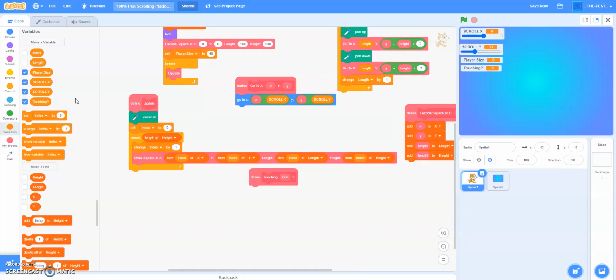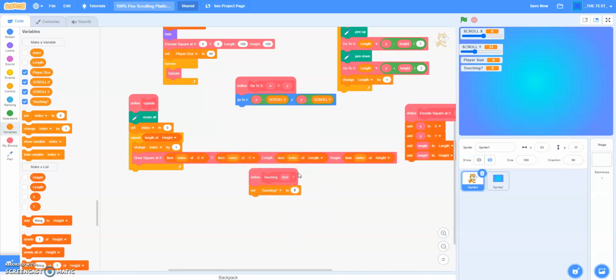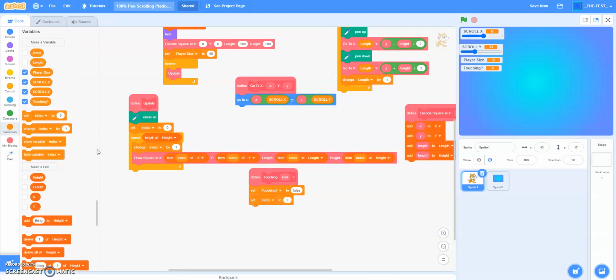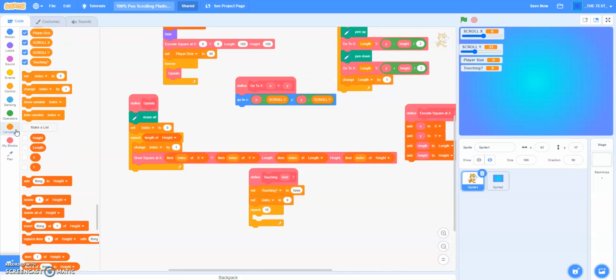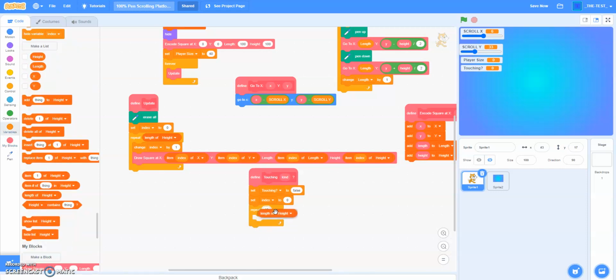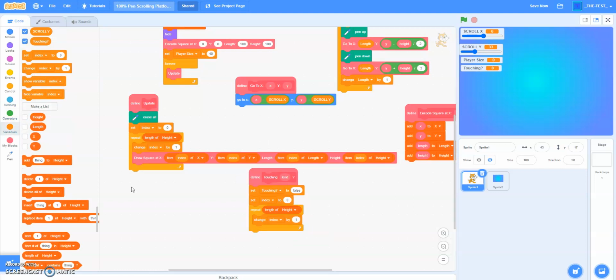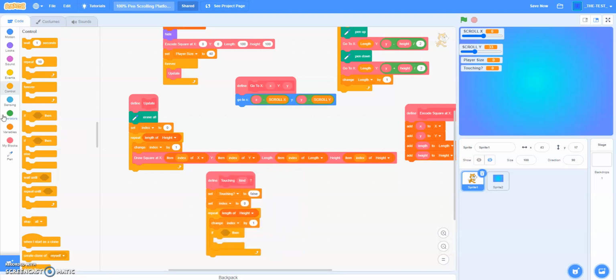Make another variable and call it touching question mark. In the beginning, you're going to set touching to false. And then you are also going to use your index variable and set that to 0. Grab a repeat loop. You're going to repeat the length of your list. Change index by 1. And then grab an if, and you're going to say,